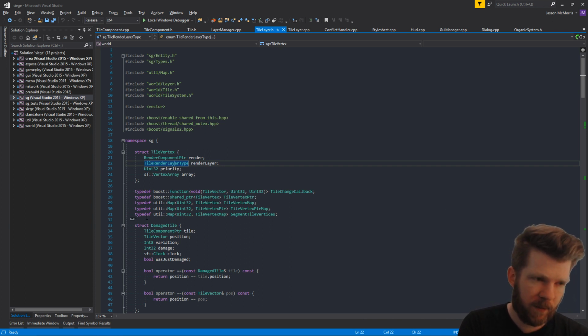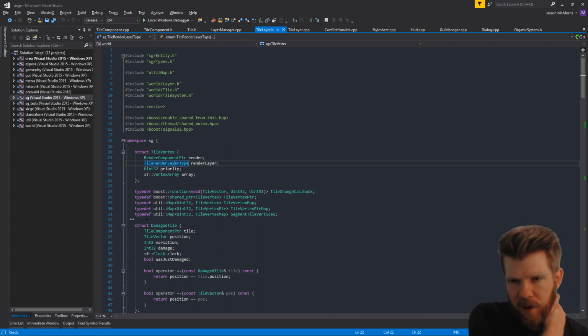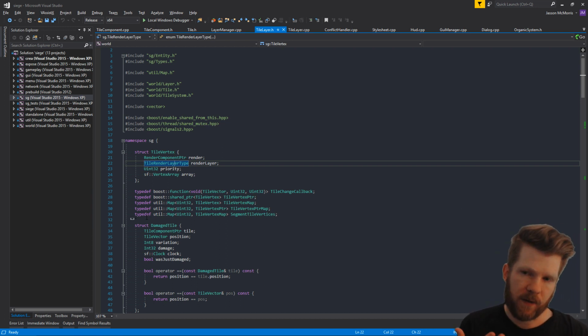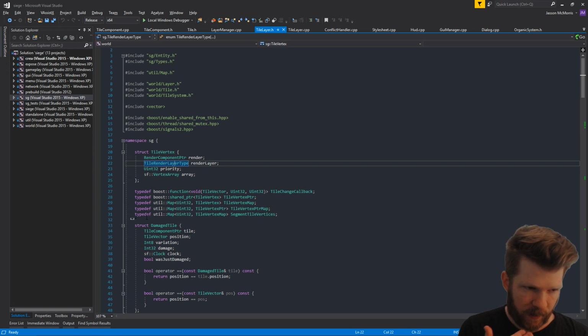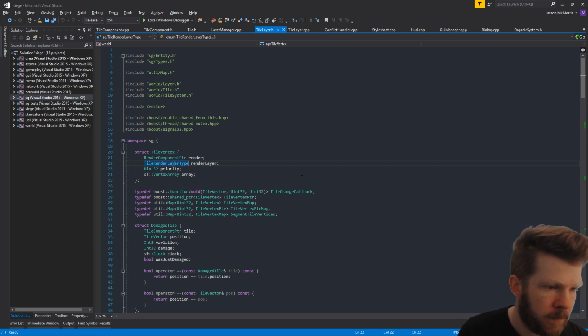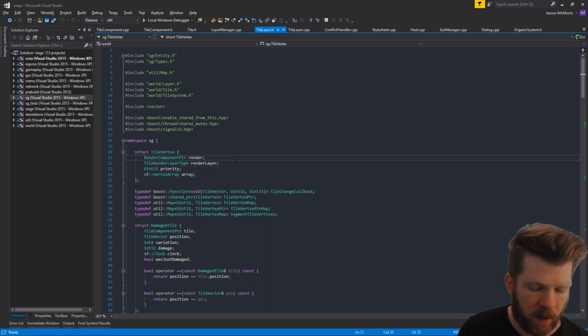So pretty much what I did is I made it so that you can have a tile layer that supports when it's being rendered. That's something I should look at. So what I mean by that is